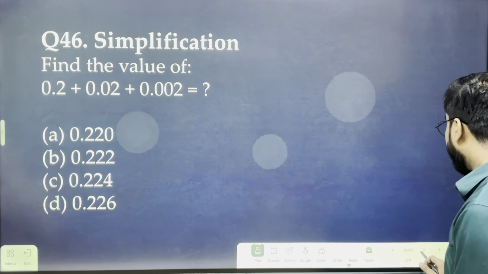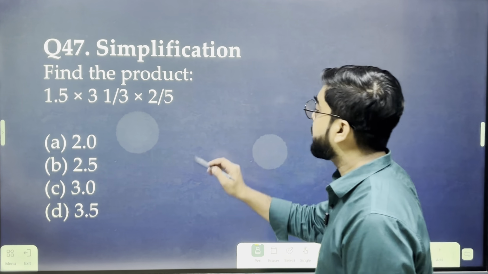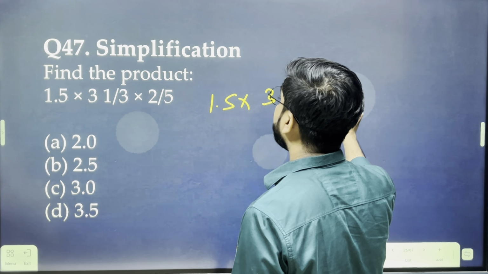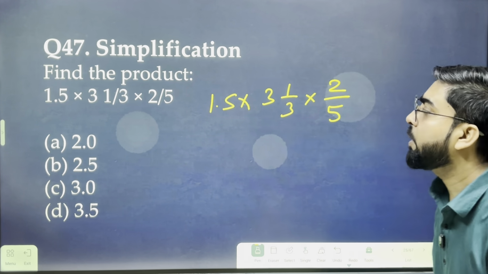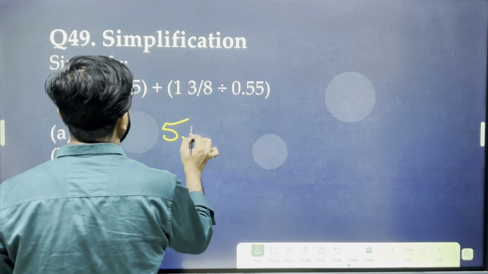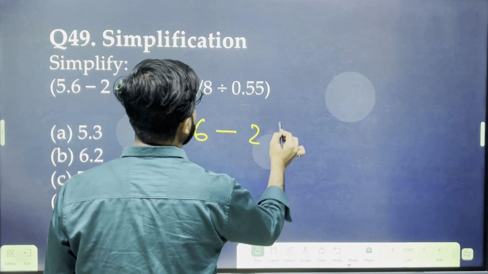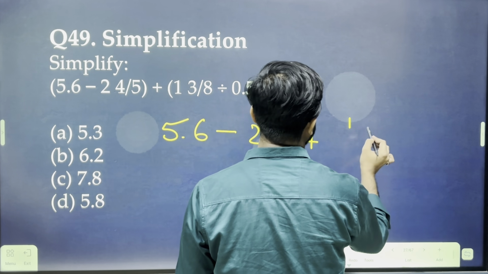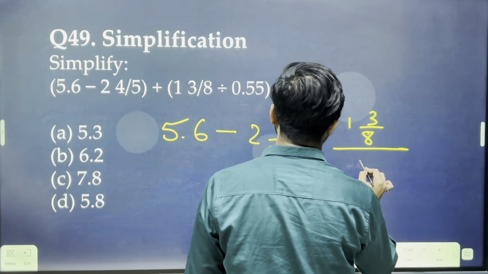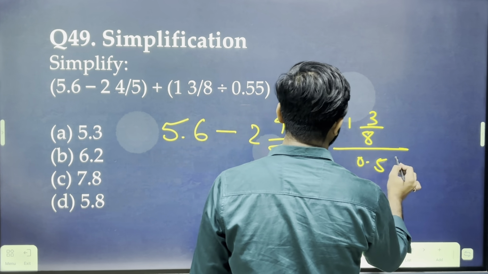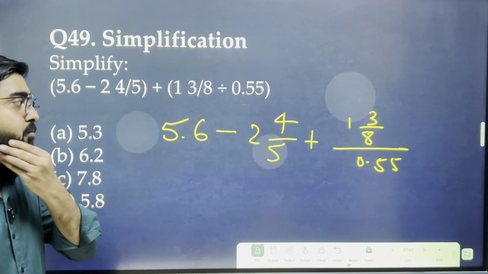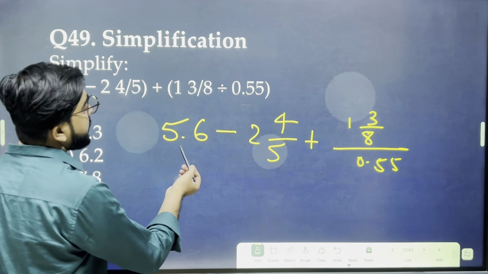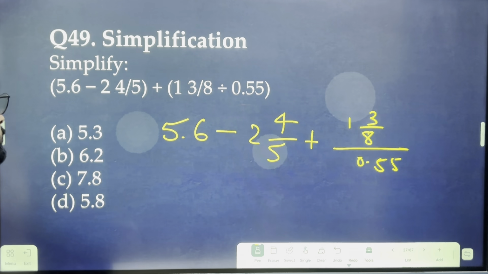Very easy question, you can solve this. Find the product. I must give you one step to solve this into 2 by 5. Now you can solve this. Okay. So I must tell you minus 2 is to 4 by 5 plus 1 is to 3 by 8 divided by 0.55. You can also solve this, not a tough question. So 56, this is 56. So you can also write this